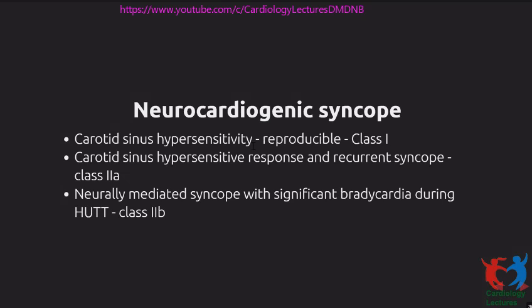Now, if you leave out carotid sinus syncope and come to the usual vasovagal syncope, or what is called neurocardiogenic syncope, it's still a 2B indication by guidelines. And only when you have a heart rate reproducing symptoms, showing it to be a typical cardio-inhibitory type, where sinus bradycardia and not hypotension is the dominant cause of the syncope. In that case, pacing might help these patients. And typically in these cases, you have to pace with a dual chamber pacemaker, ideally with a device which has a rate drop response.